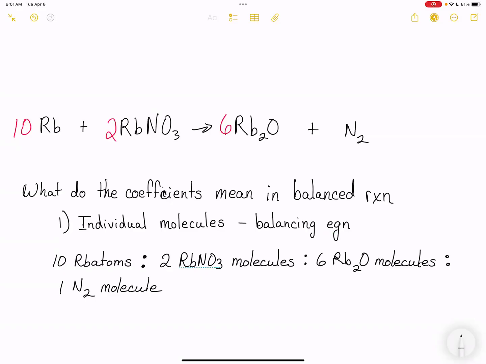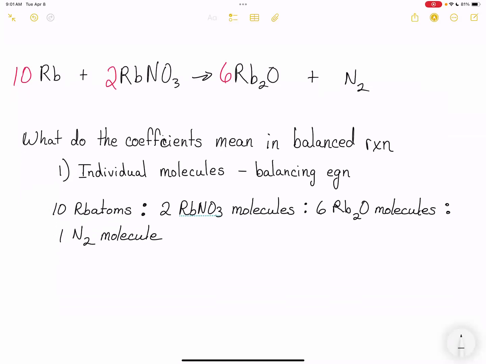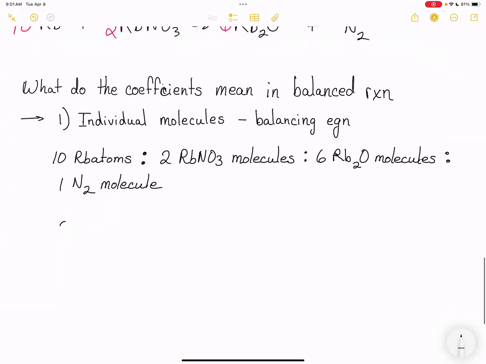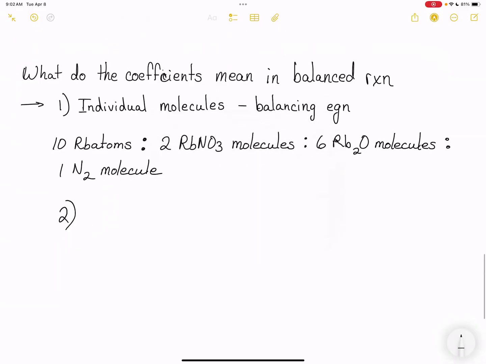But a single molecule is too small to manipulate. A single atom is too small to manipulate. So this particular variation is really only valid for balancing chemical equations. So what else can we do? Well, instead of talking about them in terms of molecules and atoms, we can talk in terms of moles. So the second way